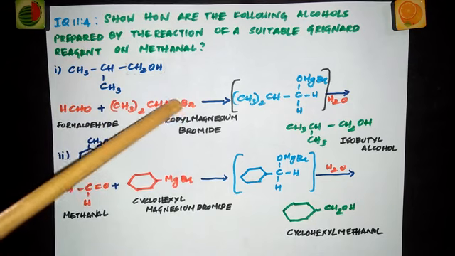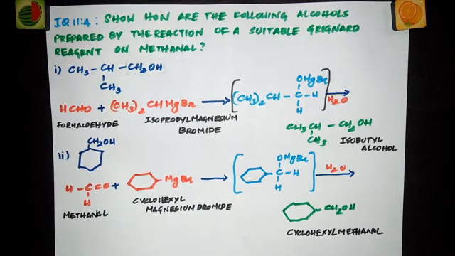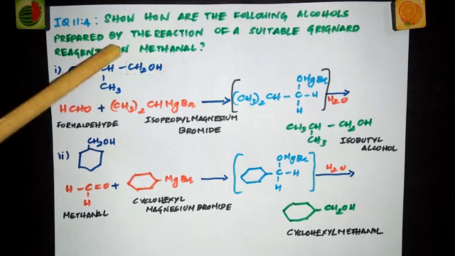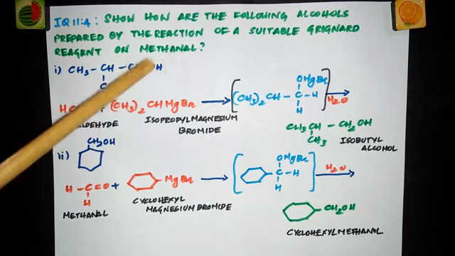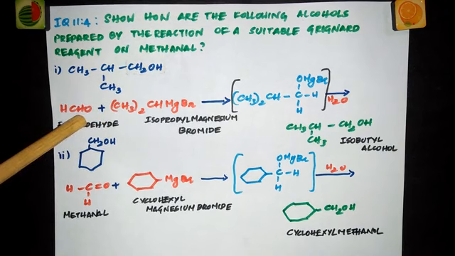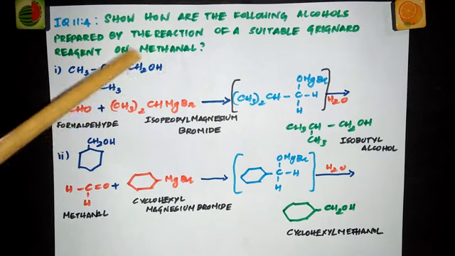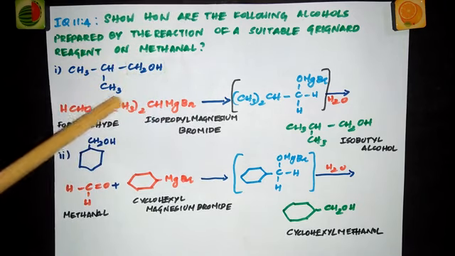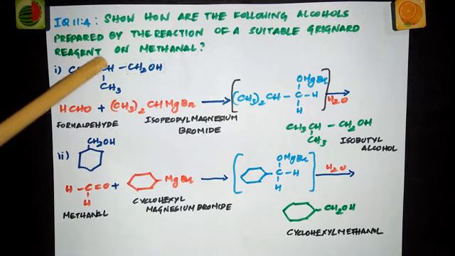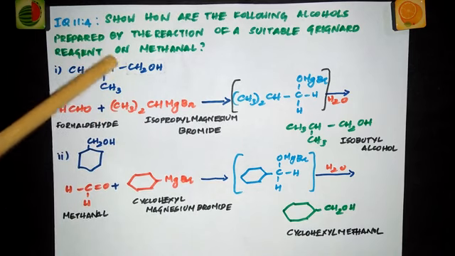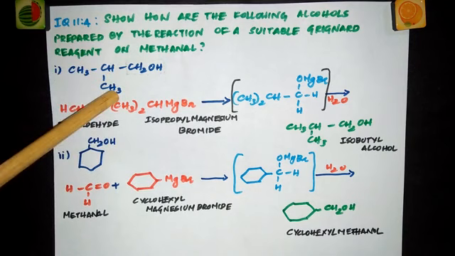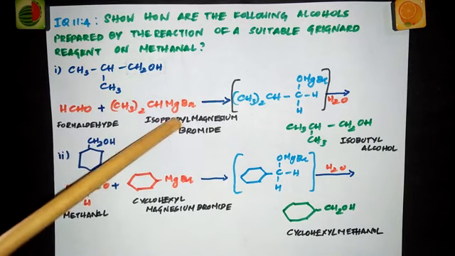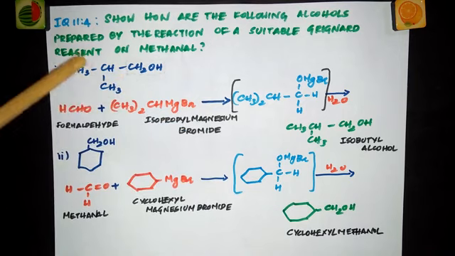Now to decide on the Grignard reagent, you have to look at the structure of this product. See this part, CH2OH part is coming from the formaldehyde, which means the CH2 part and the OH part is not related to the Grignard reagent. So only this part is present in the Grignard reagent. So this is nothing but isopropyl part. So if you want to form a Grignard reagent with this part, what you can prepare? This MgBr. So this is isopropyl magnesium bromide. So this part you can include in the Grignard reagent part.